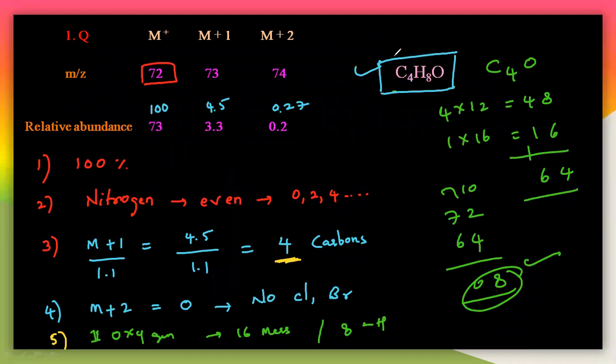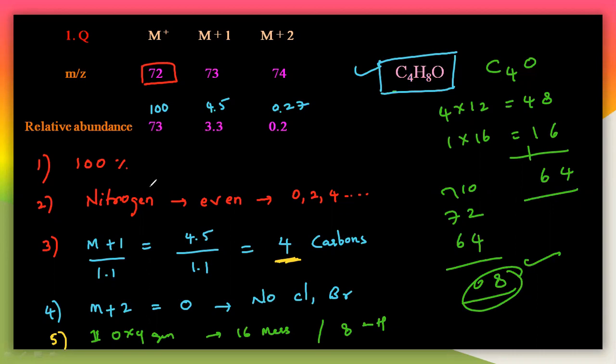So by using the double bond equivalence rule, we can find the particular structure here. Using the double bond equivalence rule, we can also easily find the structure. So this is the way, these are the rules you have to remember. So then we can finally identify the molecular formula of a particular sample here.